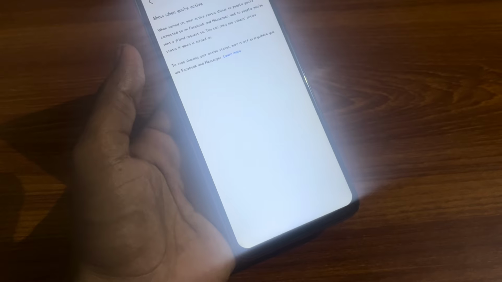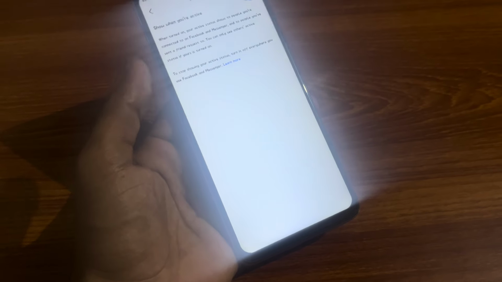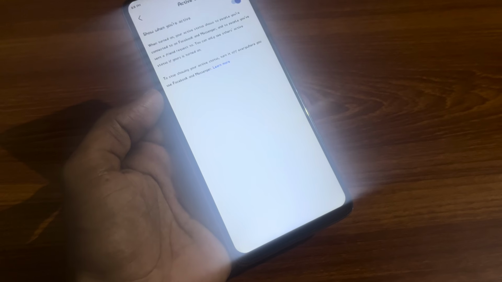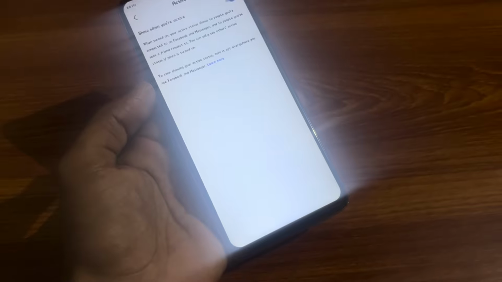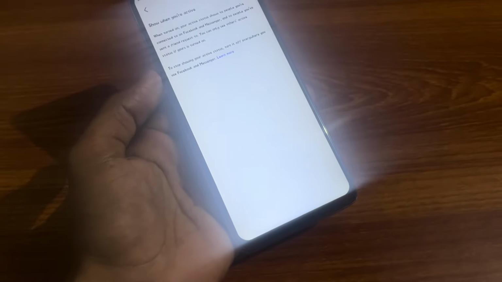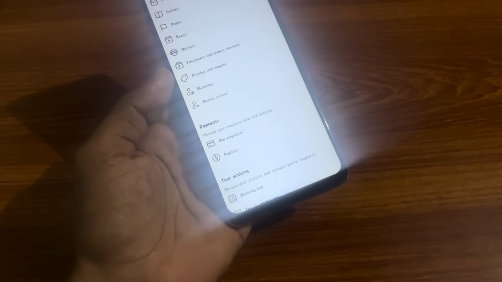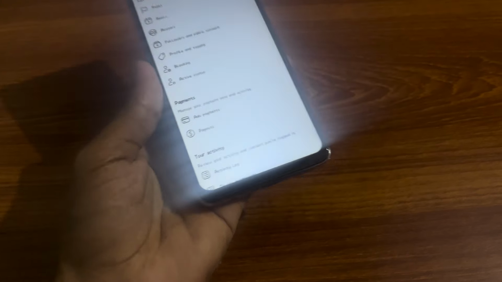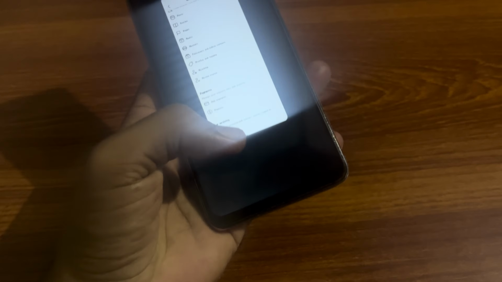When you turn on your active status, it shows to people you are connected with on Facebook and Messenger, and people you have sent a friend request. You can only view another person's status if yours is turned on. So now you can see if it is not showing the active status on your Facebook app, then go back to the home